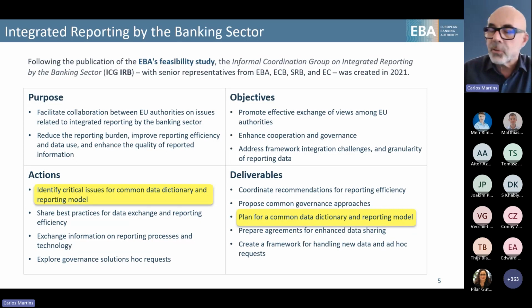So this is where it links to the DPM 2.0, because in the meantime, as we mentioned, we've been developing this for the last 3 years. So it looked like potentially a very good candidate to have this role of being the common data dictionary.